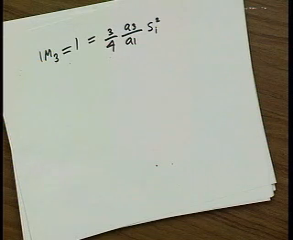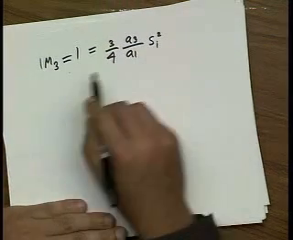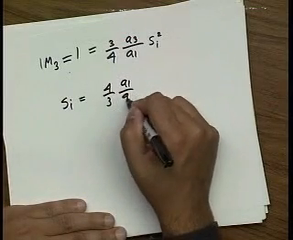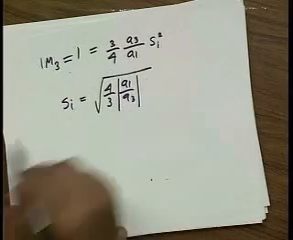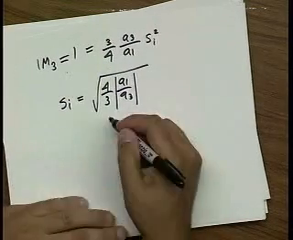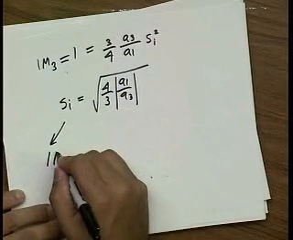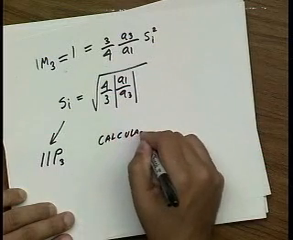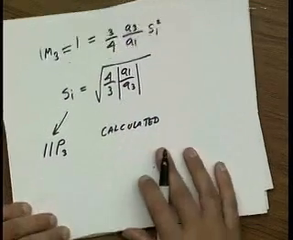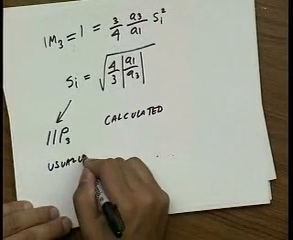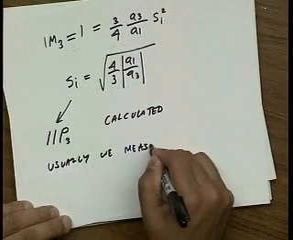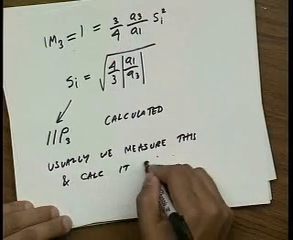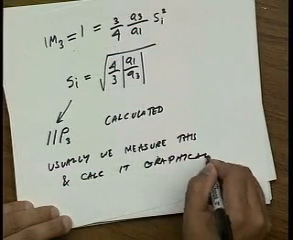Yeah, that's right. Okay. So now let me just solve for S input to get IM3 of 1. That gives me the square root of 4/3 A1 over A3, let's say magnitude. So this is the input IP3 point calculated directly. Usually we measure it, so the usual way of calculating it, and we use the same graphical approach